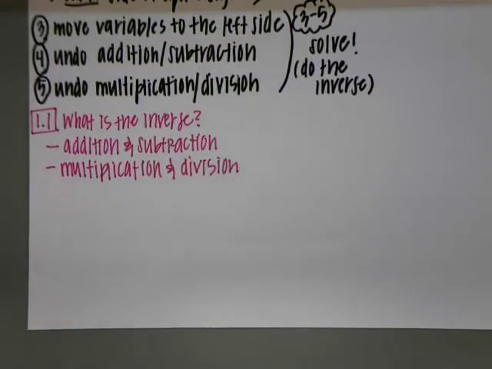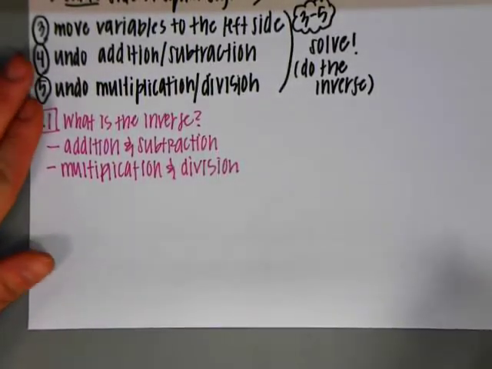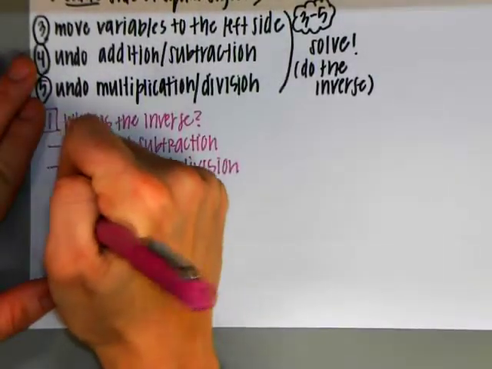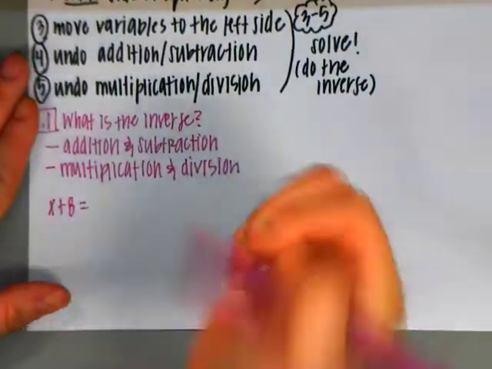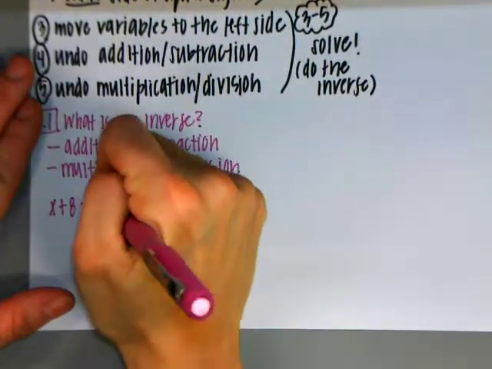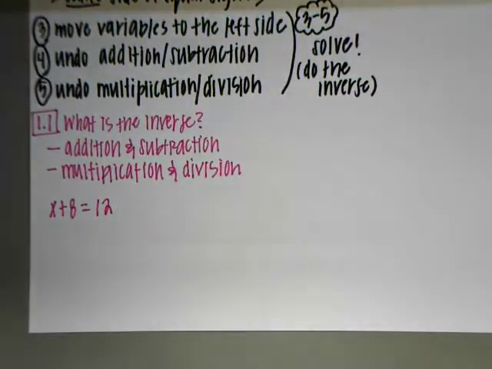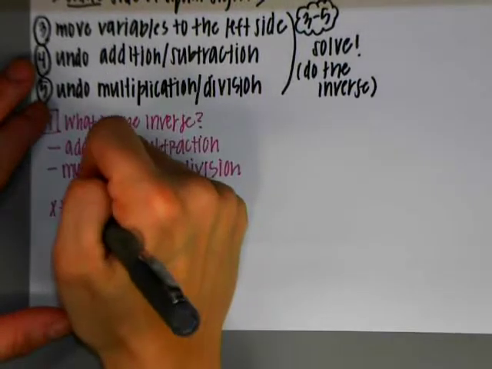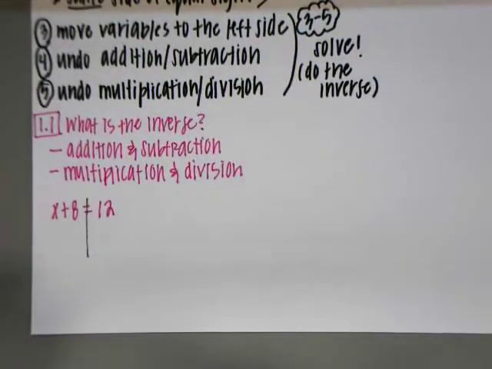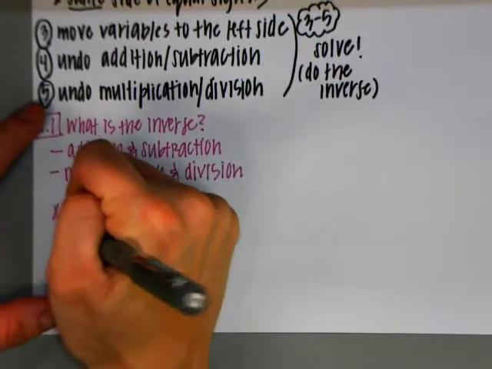So if we have an addition one, let's say we have x plus 8 equals 12. So we started with x. Somebody went to the x and they added 8 to it. And we need to now undo what they did. So how could I undo adding 8? Subtracting 8. So we're going to subtract the 8